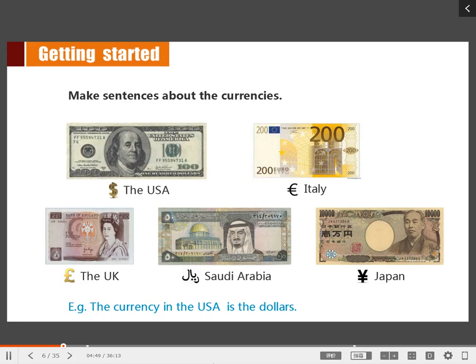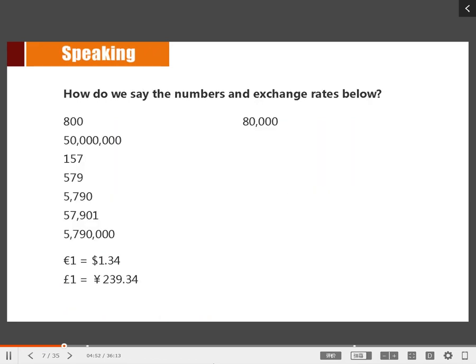Right? Now, besides currencies and countries, numbers and exchange rates are the other things that we have to deal with at our work, right? Especially when you are in the international trade. So here, let's practice saying these numbers and exchange rates. Let's practice saying them together. You can read after me. Here we go. 800, 80,000, 50 million,